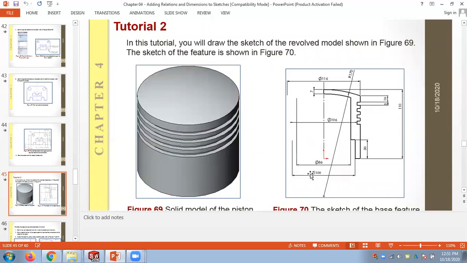So this is 8600 double values. You also don't need to worry about drawing this full thing first. You just complete this line up to here. Start from here, complete the lines up to here and put the dimensions and try to make it fully defined. Then draw the arc. So you can draw one arc and offset this 7 millimeter.